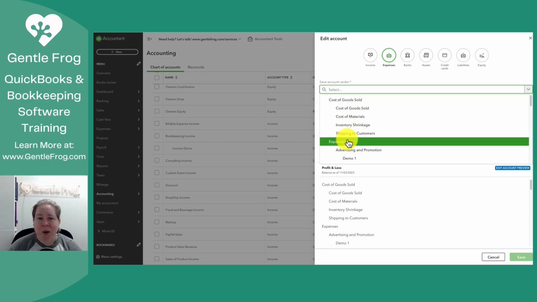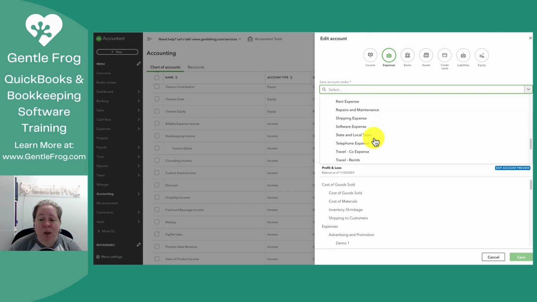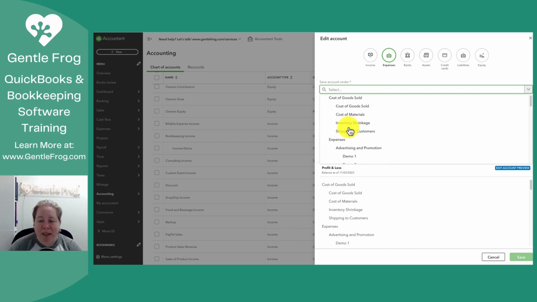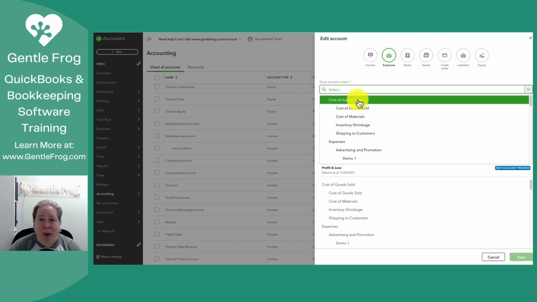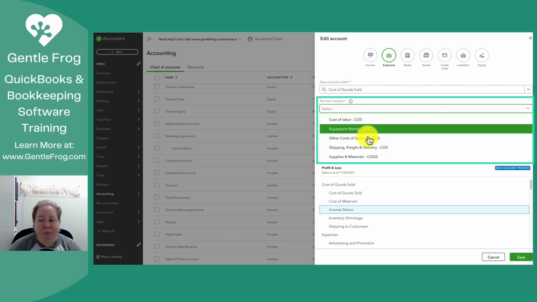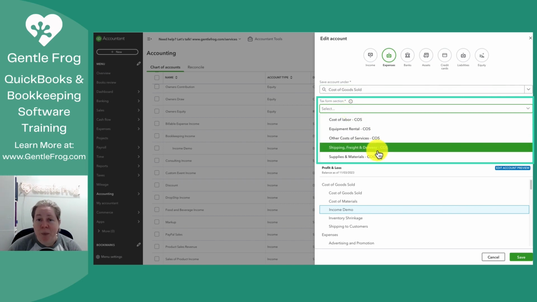Every so often you have a weird one-off that doesn't really fit in either bucket. Well, the secret for that is you scroll all the way down and then you'll eventually get to other expenses. For the purpose of this, let's just take a look at it in terms of cost of goods sold and operating expenses. When I select cost of goods sold, my tax form selection, it's real tempting to pick whatever feels